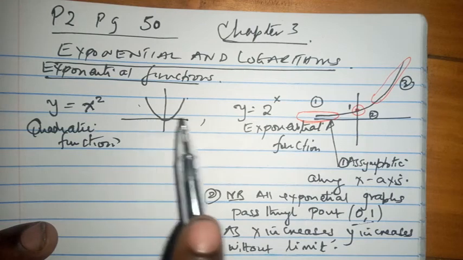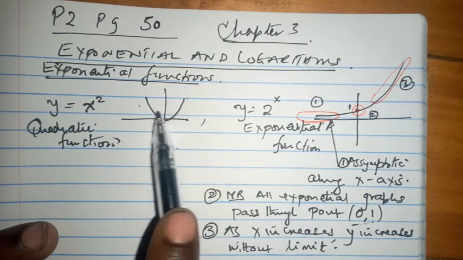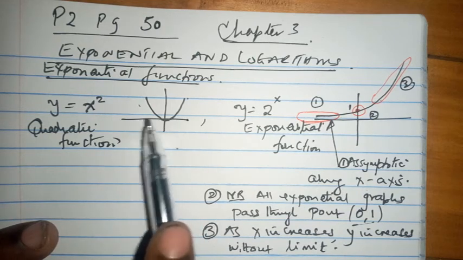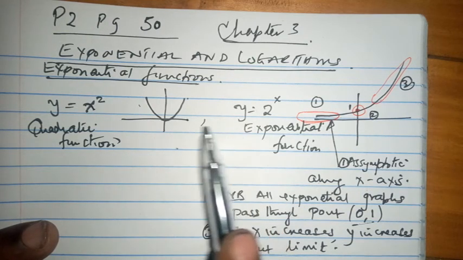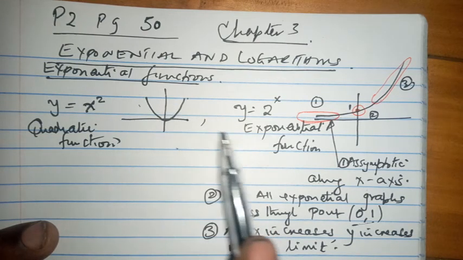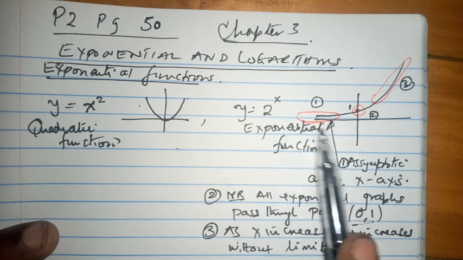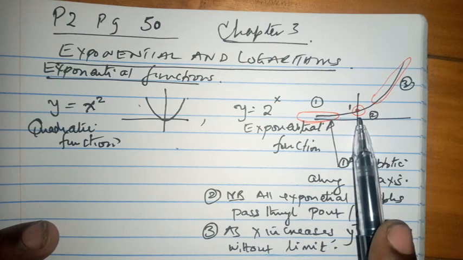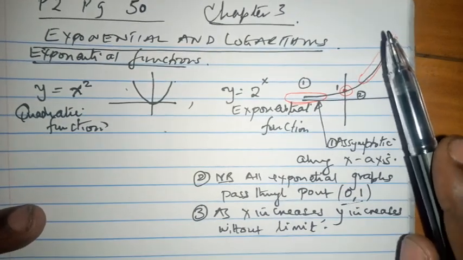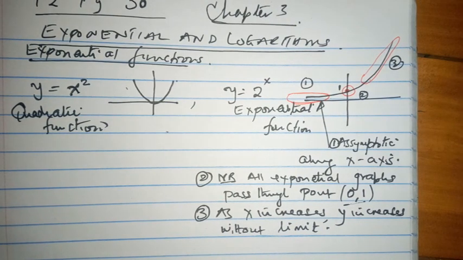You can see the difference. This one has no asymptote unless there is some kind of transformation which we have seen before. This one does not increase exponentially, and it does not necessarily pass a specific point. This one is asymptotic along this particular line. It must pass through the point (0, 1), and when x increases, y increases limitlessly or uncontrollably, or even better, exponentially. All right,